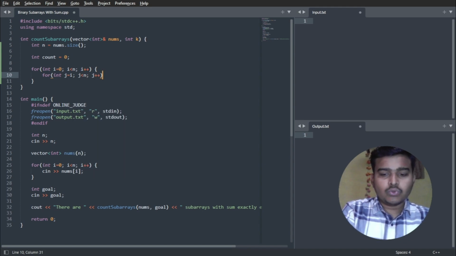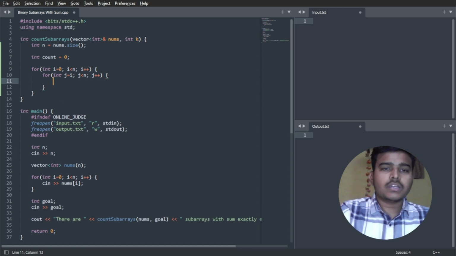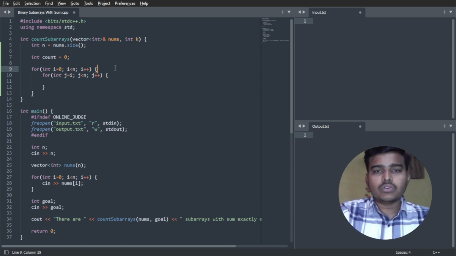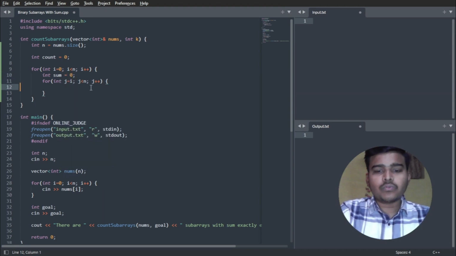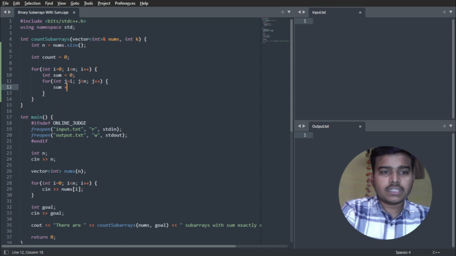Now what we have to do is go to a newer index every time, like first we will go to index i equal to 0, and then for having all the possibilities of subarrays we will have this j pointer, where we start from i, and then it moves ahead one by one in order to have all the subarrays. Whenever we start for a particular index for its subarrays, we will take the sum as 0, and as j moves forward we will take the sum of that nums of j